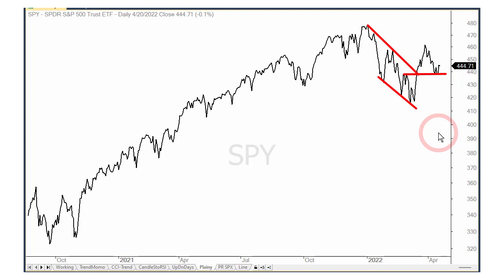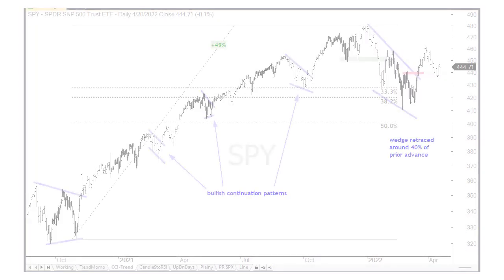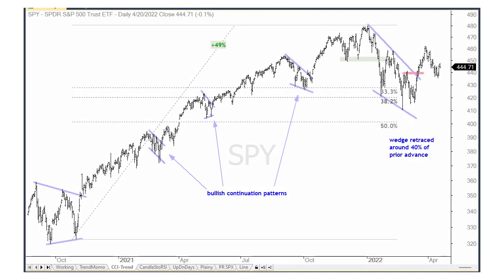And so I took this information and I put it on a bar chart. So here's SPY on the bar chart. And what we can see is there's the big breakout. And that was the last decent consolidation in September, October 2020. And we had a couple small consolidations along the way. And then we had what appeared to be a breakdown in January, and then a bounce and a lower low. But now we've got this big surge here in March that broke out of the wedge